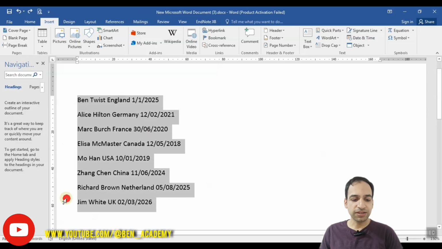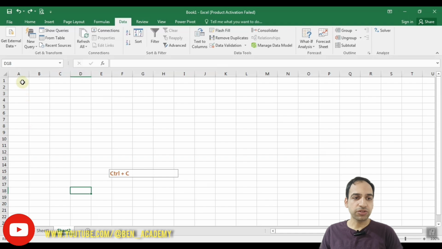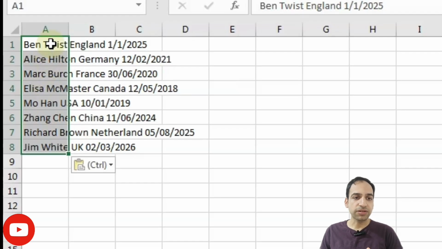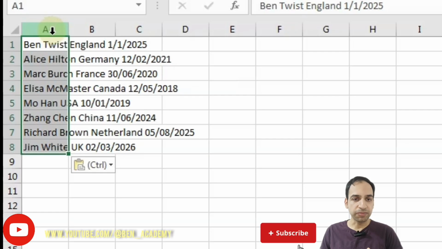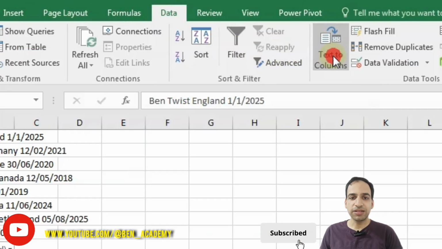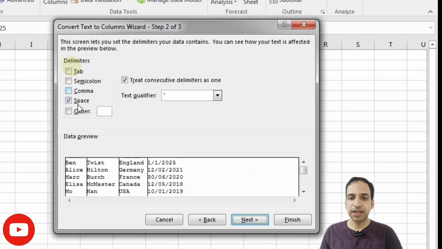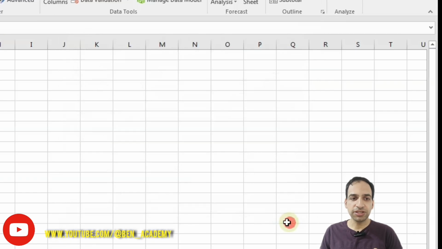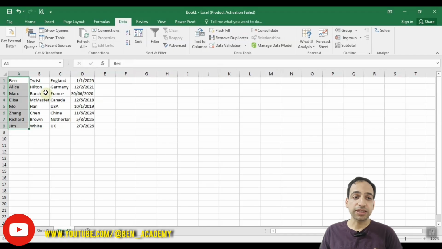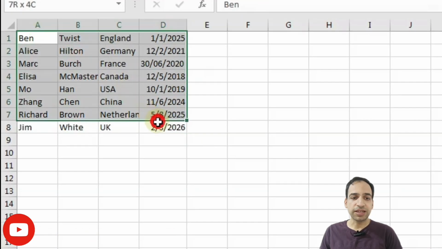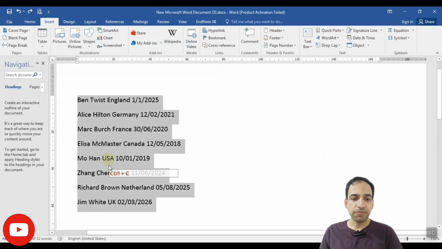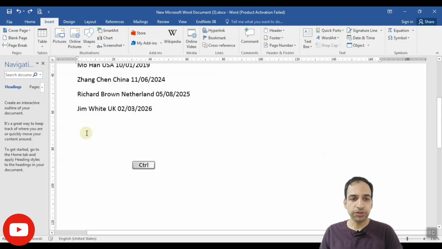If you copy the text and go to the Microsoft Excel, paste in a cell, you can see that all the texts are pasted in only a column. If you go to Data tab and select Text to Columns, a menu will be open for you using delimited option, next, and choosing the space because the separator here is a space, and next, finish, the data will be converted to a table. By selecting the table again and copying them and pasting in Microsoft Word, you can see